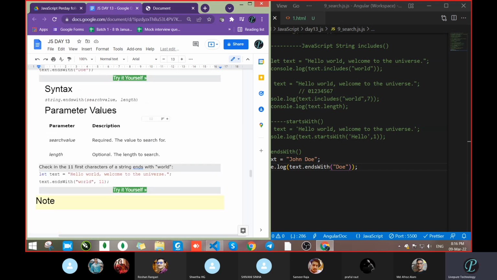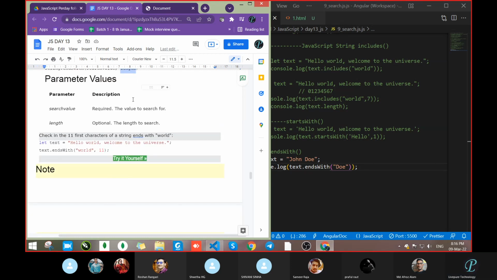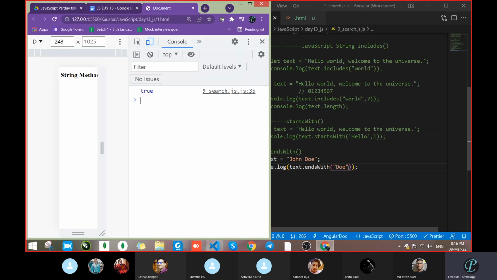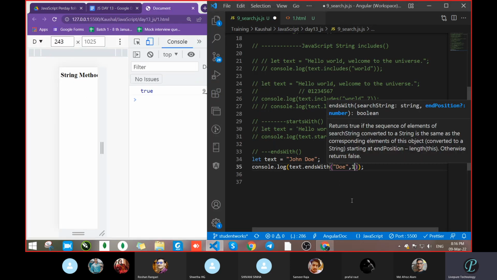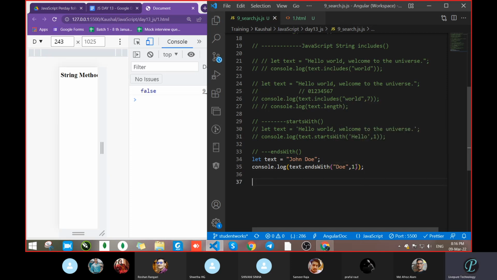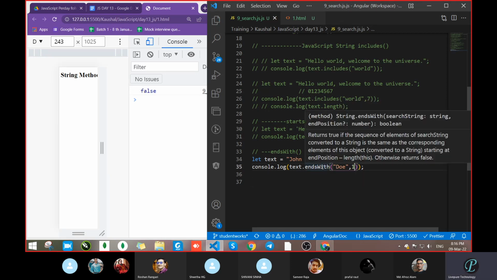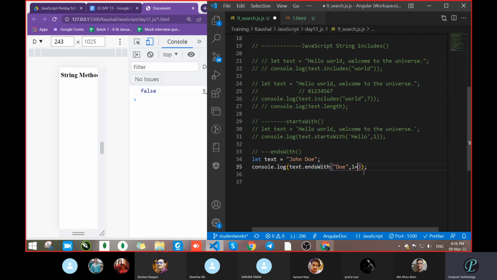Then here we can pass the search value and length also. Okay, let's say pass this one. That is something interesting. It's not taking the position. Take a value. What is this? 1. What is it actually taking? It's taking the end position. Okay.